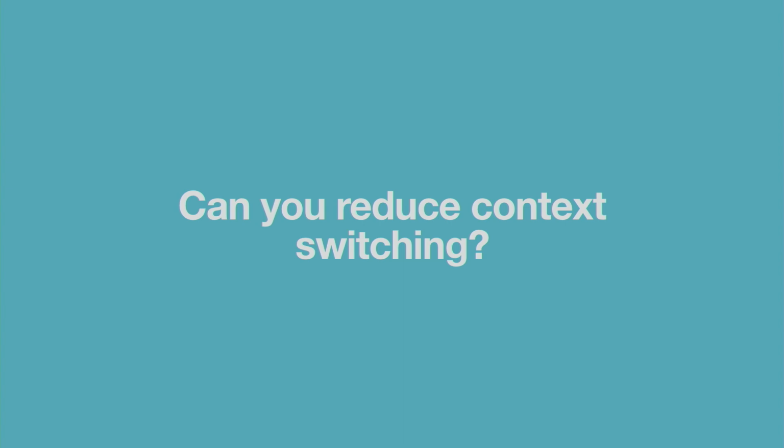Another thing that's really helpful in onboarding is anytime you can reduce context switching. If you've got setup instructions on one page, but then you have to go to a different page to actually configure your API key, and then you have to bounce back to the project that you're working on, and then you have to go back to referencing the first web page, it can be a lot to get people across the line when they're having to jump around like that. So anything you can do to bring that back in context is super, super helpful.